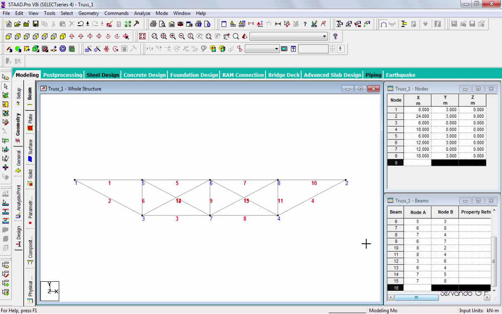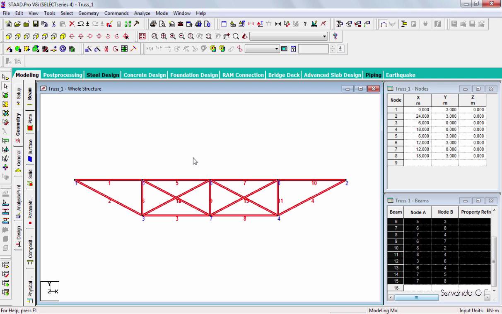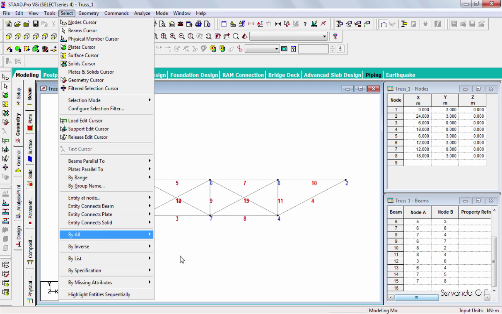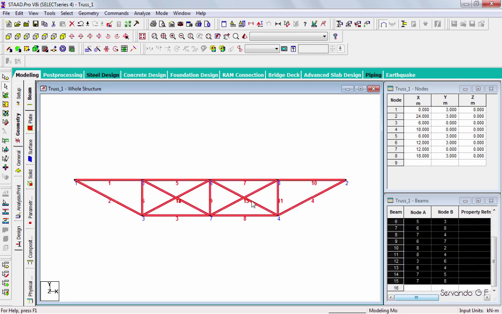So we're going to select all beams. You can do this like I just have done with the beam cursor selected, but you can do it in a more standard way. That's select by all beams, and you do the same, but this is a better way to do it. So now what we're gonna do is change